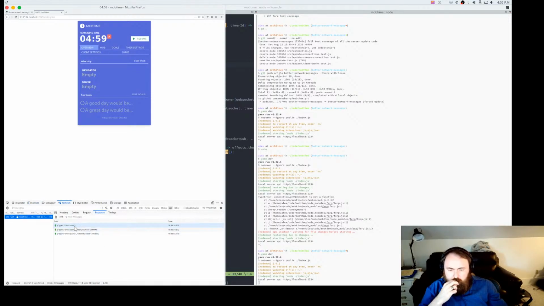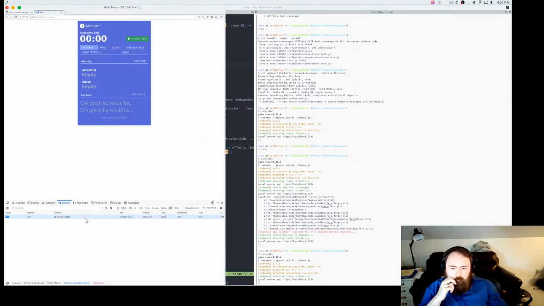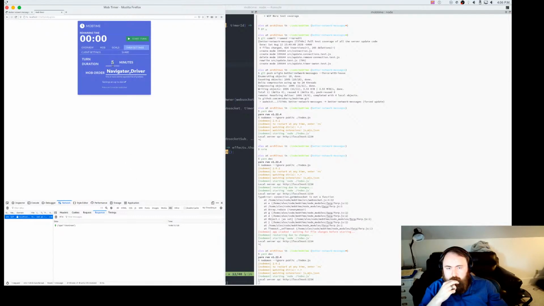Weird. Okay, so we sent up, I'm a new client, and then I also started the timer, so it sent that information. Let's just try this again. So it sent up a new client, but it didn't try and send it back down. So that's good. I'm basically out of time too, so this is just some bonus manual testing until I can figure out a nice way to test some of these flows.